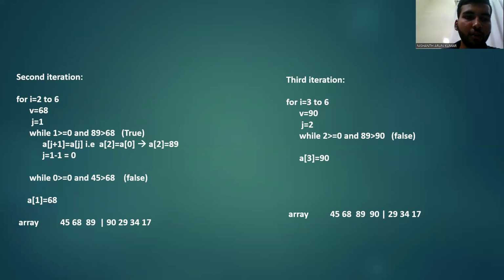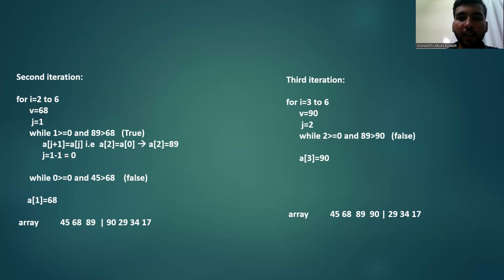A of j plus 1 is equal to A of j, so that A of 2 is equal to 89. j is equal to 1 minus 1 is equal to 0, while 0 is greater than or equal to 0 and 45 is greater than 68, it is false. A of 1 is equal to 68. So the array position will be sorted as 45, 68,